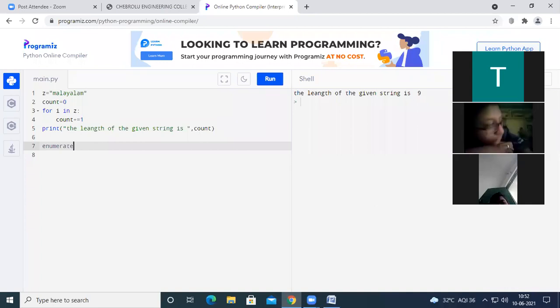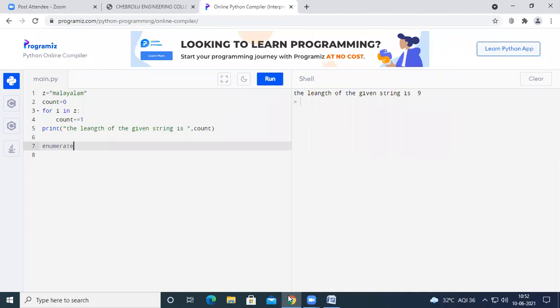So see here, for example, at 0 we have m, at 1 we have a, at 2 we have l, and so on. So all these things will be on the output screen in the form of pairs. For example, 0, m.